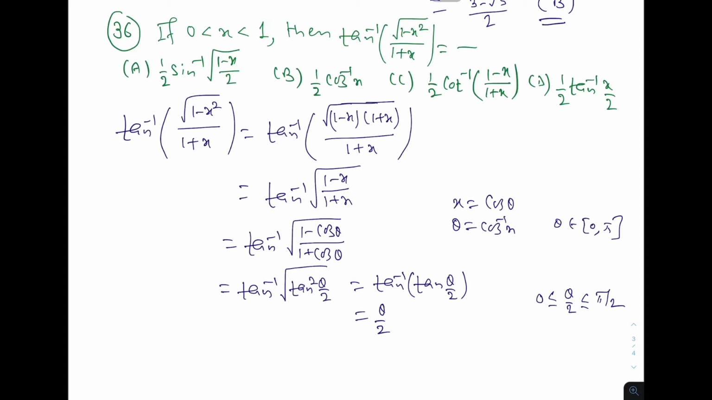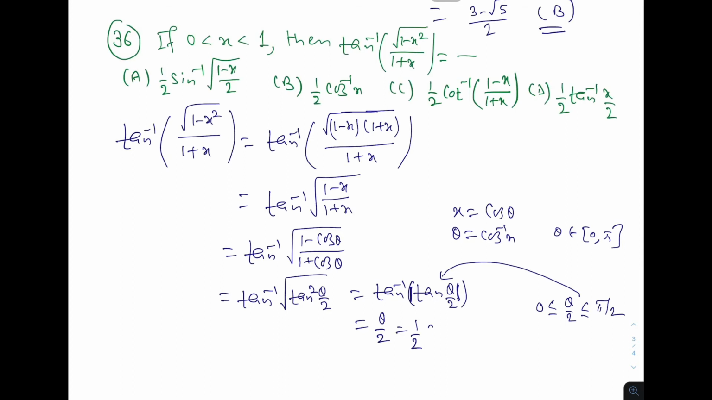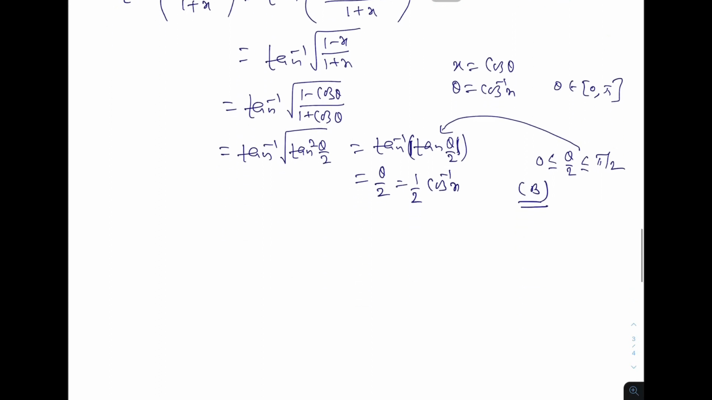You may even write this as a modulus sign, but because of first quadrant, that is tan theta by 2, and so it is theta by 2, and so it is 1 by 2 theta. Theta is cos inverse x, so answer is 1 by 2 cos inverse x. So this B option is the answer. Okay,